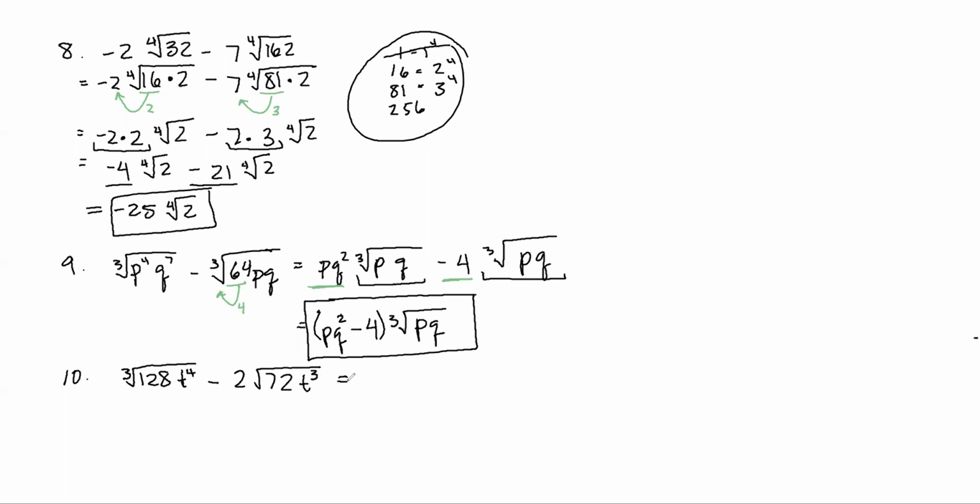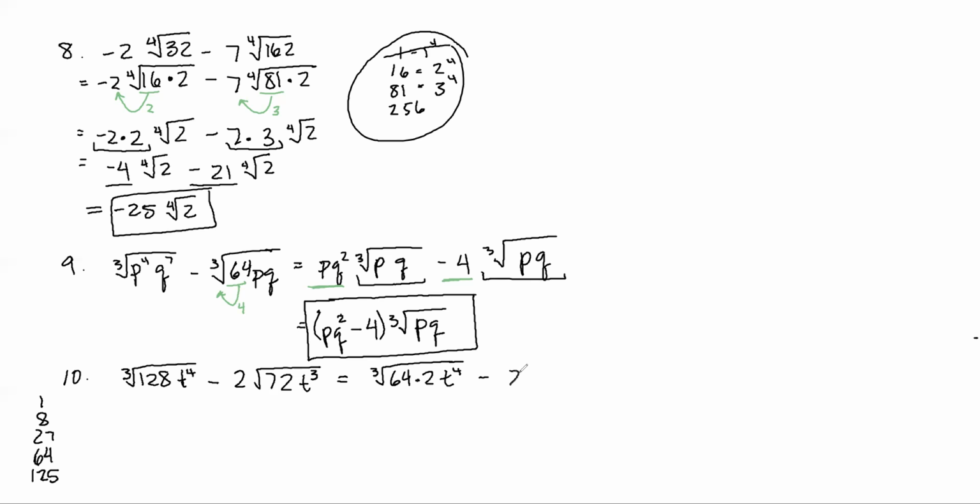We can still simplify though, we just can't combine them. So with the 128, we're looking at a perfect cube, and so our perfect cubes, we have 1 cubed is 1, 2 cubed is 8, 3 cubed is 27, 4 cubed is 64, 5 cubed is 125. And if we look at any of those to see if they go into 128, 64 goes into 128 twice. So we're going to have the cube root of 64 times 2, and then bring over the t to the 4th,